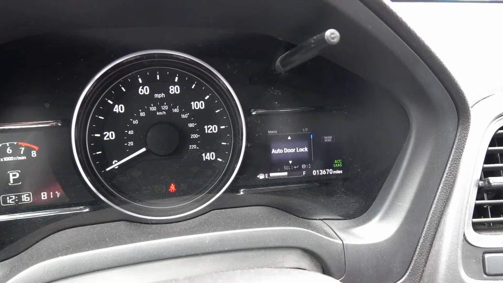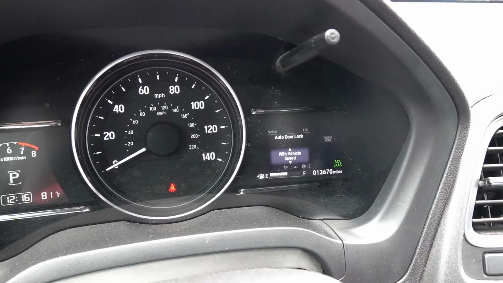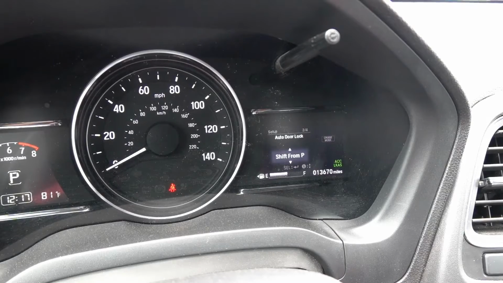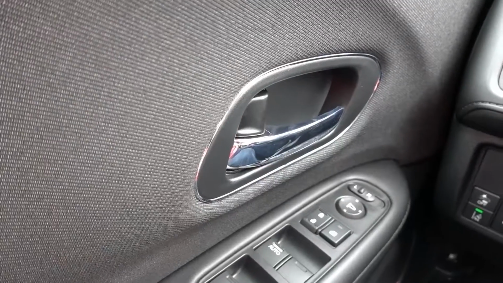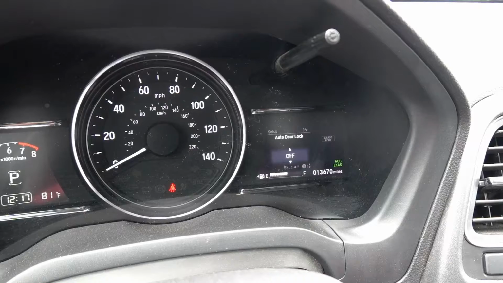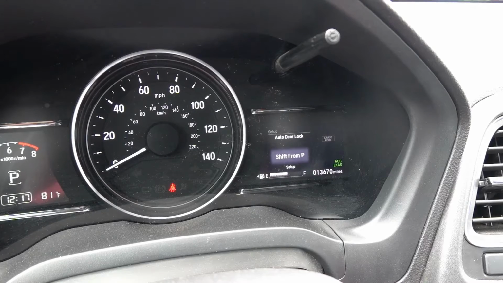So under door lock, you should have 3 selectable options. The first one is going to be lock with vehicle speed. This means the power door locks will automatically lock when the vehicle speed reaches about 10 miles an hour or greater. The next one is shift from park. So this means when the vehicle is shifted from park, it will automatically lock all the doors in the vehicle. And the last one is off, which means it will turn the auto door lock feature off and the vehicle will remain unlocked. To select whichever option you would like, press the middle select button and the menu will return